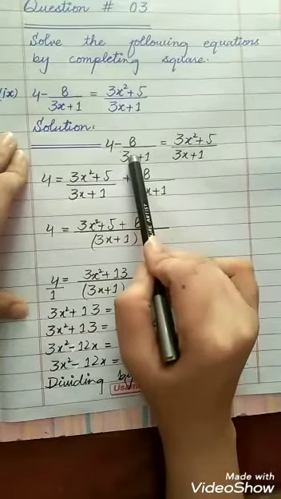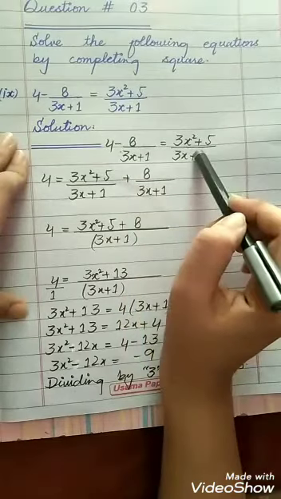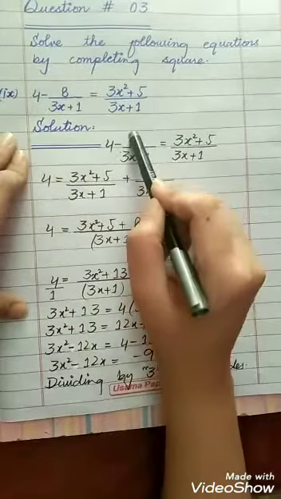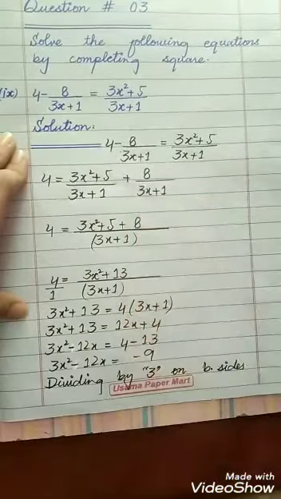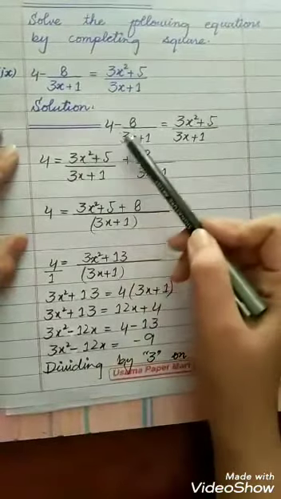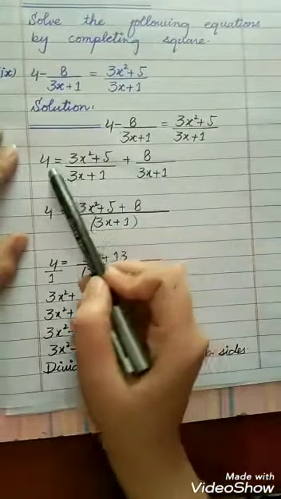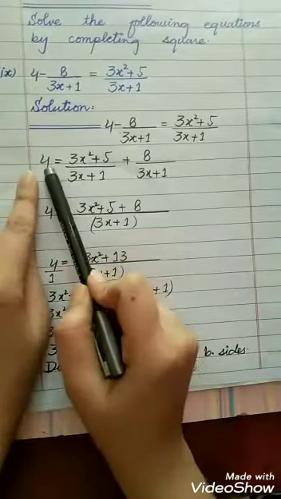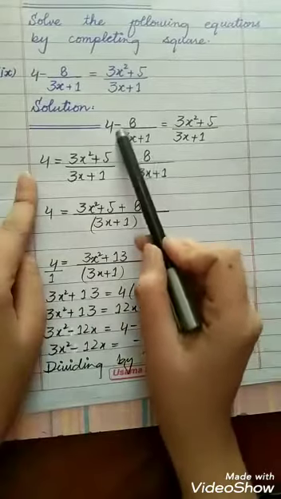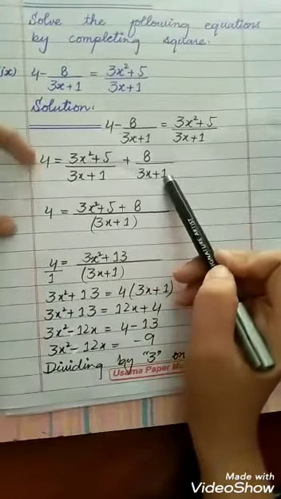To make it a quadratic equation, what to do? We have to take the rational number on one side and the constant on the other side. This is a rational number because it is written in the p by q form. So we have taken this to one side, on the other side of the equality, and 4 is on the right side. It was negative here, and when we take it to the other side, its sign is now positive.